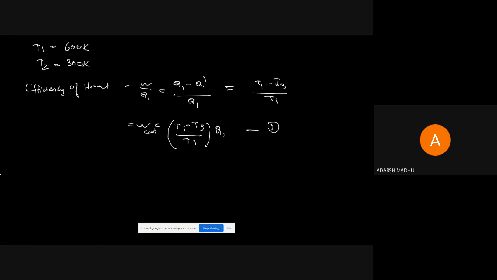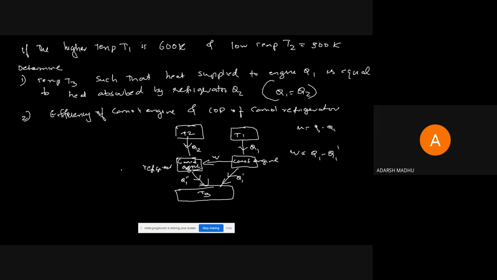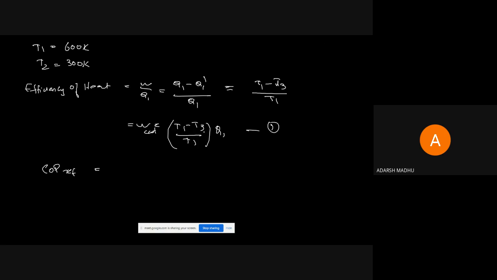So what is the COP of refrigerator? Second equation. You want to frame a second equation. COP of refrigerator is Q2 by W. In the case of Q1 minus Q2 by Q1 it comes like this, and the COP value is taken as its reciprocal. That is, in this case we can write it as Q2 by W.